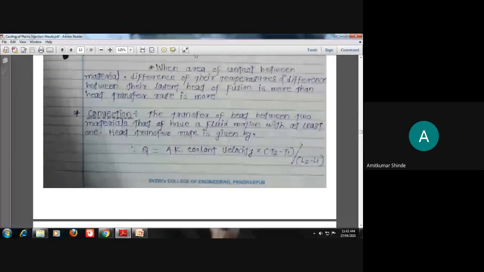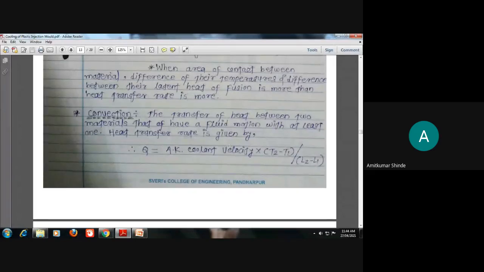Here we are removing the heat from the plastic material. The injected plastic material is at a higher temperature. We are going to remove the heat from that plastic material and that mold also. Now, as we are circulating the water or coolant through that mold plate, due to that coolant, some heat removal will take place. It will remove the heat from the mold as well as from that particular part. So this will be termed as convection, as we are removing the heat by circulating a fluid or coolant through the cooling channels.